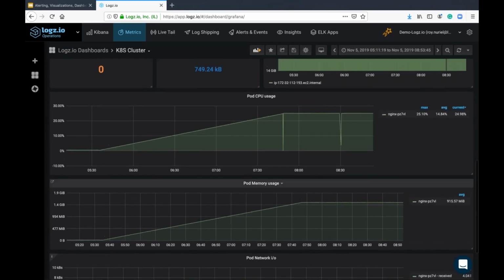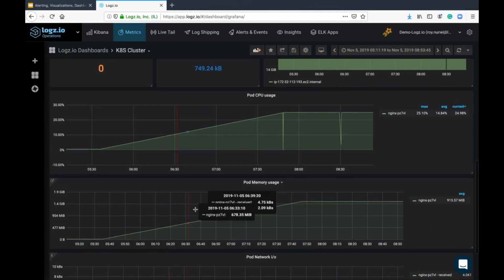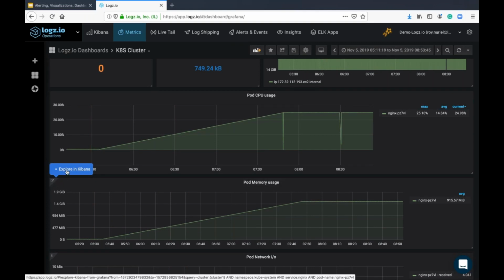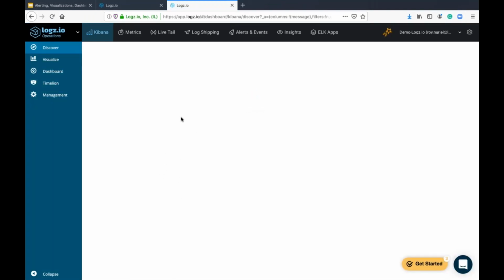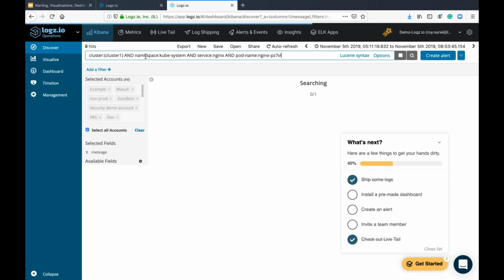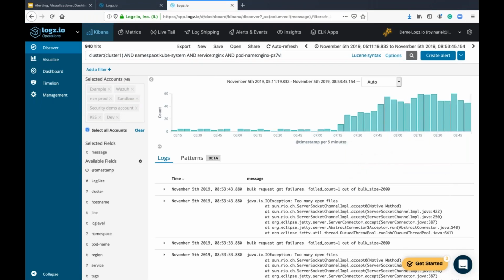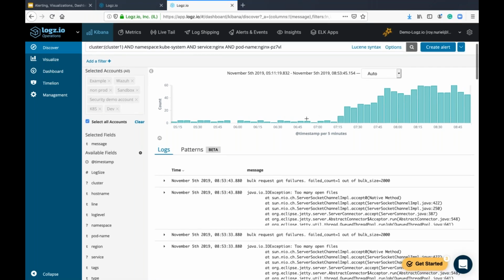What can really help me is to move from here and navigate to the logs themselves. We added a capability that allows you to explore the logs in Kibana from that specific view. What's happening right now is that we're opening Kibana, leveraging the same filter, so the context is the same as the one that we had from the Grafana view. You can see here that this is the same filter: I'm looking at the specific pod name, which is Nginx. I'm looking at a specific cluster, and really in the Discover view,